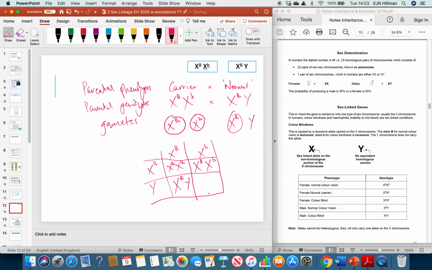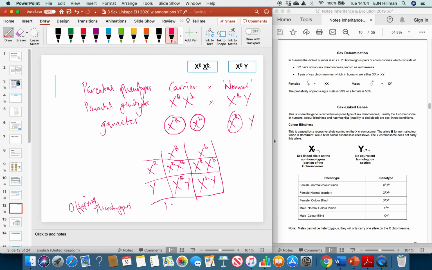So this is the Punnett square. The offspring phenotypes would be